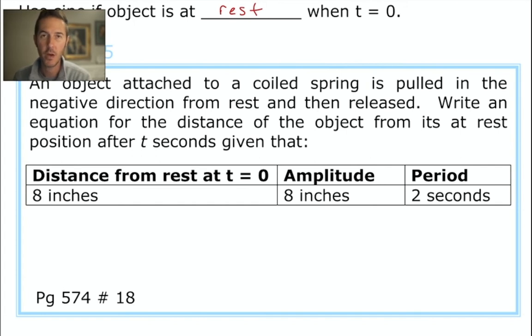In the diagram that we saw above, when time was equal to 0, d was equal to -4. So the negative means that we were below the at-rest position, and the 4 told us how far below the at-rest position. Here we're pulled in the negative direction, it says in the first sentence, and we're seeing in this little table a distance of 8 inches, which gives us an amplitude of 8, certainly, and then a period of 2 seconds. So you don't have to draw this, but if we just look at this together,